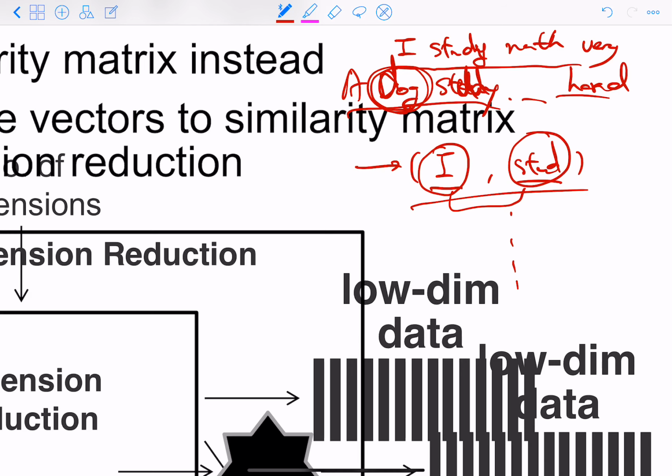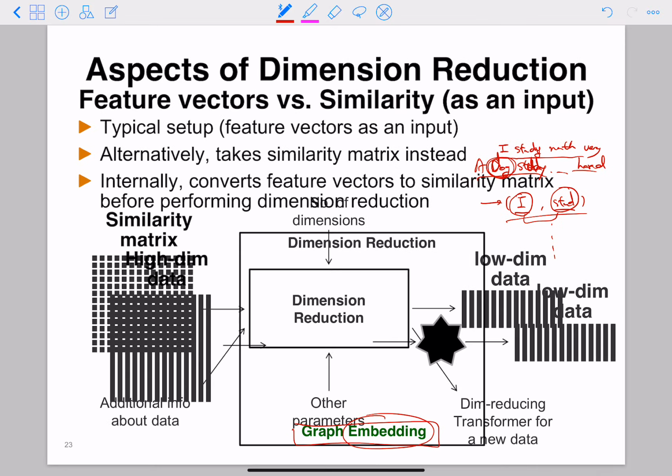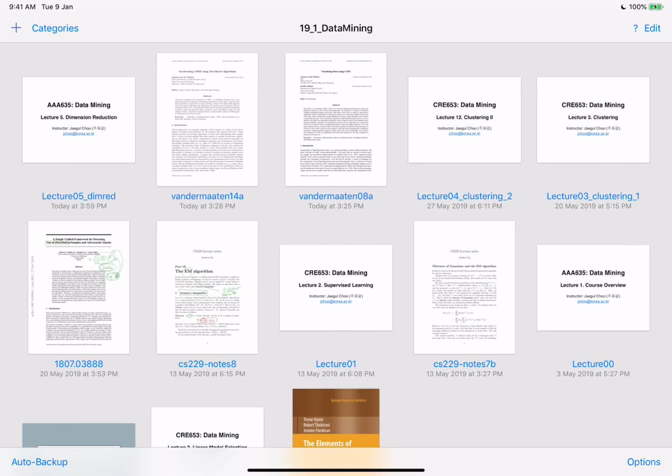dimensional space, right? And also, if you are familiar with another word embedding technique called GloVe,